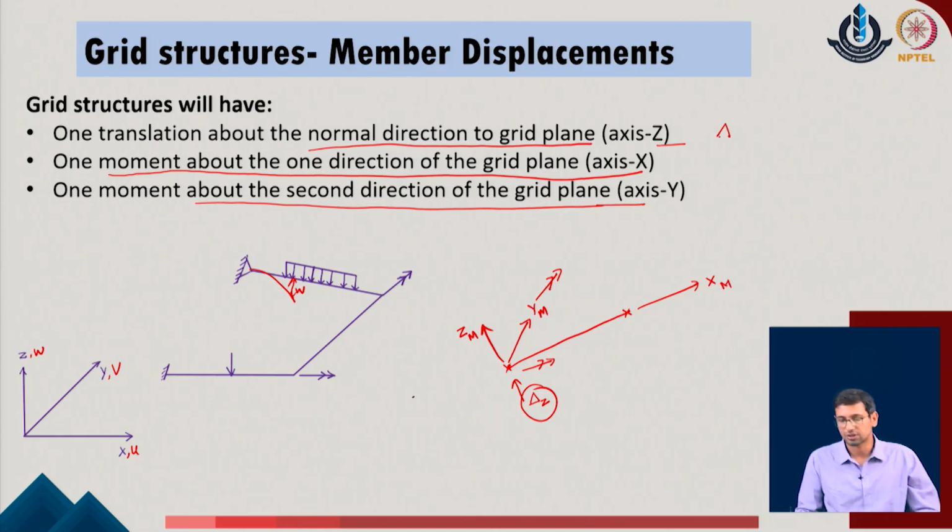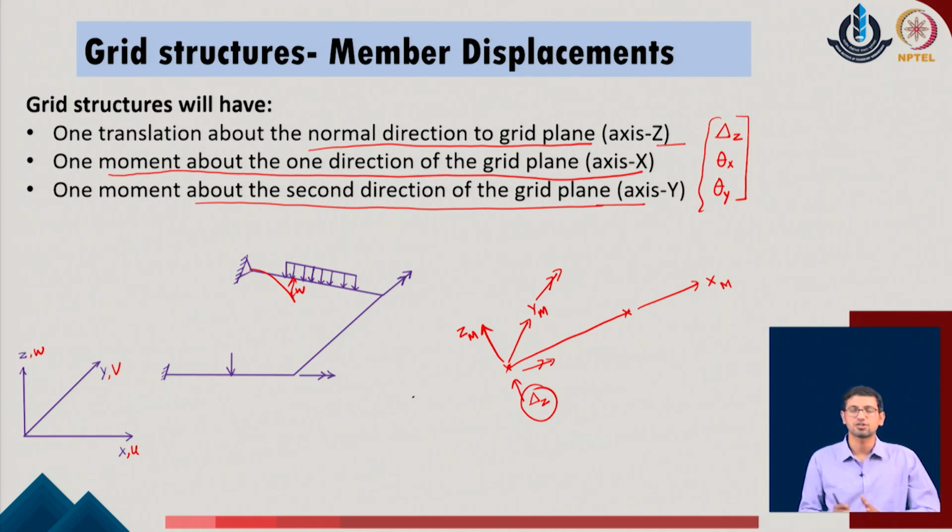Now to consider the possible degrees of freedom in a grid system, we have one which is delta with respect to the z direction. We have the second which is theta with respect to the axis x of the given problem, and then we have theta with respect to the axis y of the given problem. So, these are the primary 3 possible displacements which we consider in a grid system. If you consider that extension is also possible in the given length, then we also add delta with respect to the direction x, or the extensional deformation in the system. But in most cases, we will consider that the member lengths are not changing, members are not extensible. So, we go with these 3 primary displacement parameters of the given system.